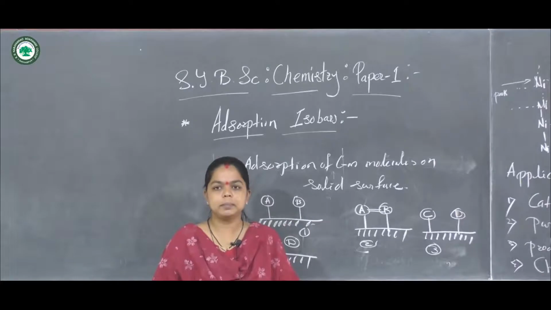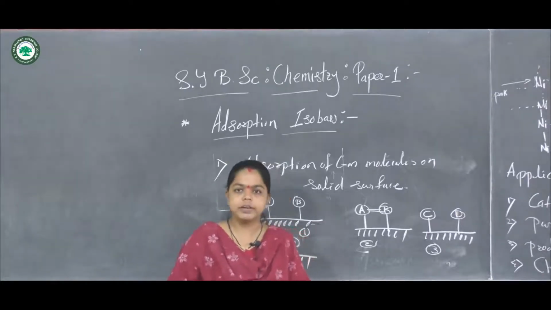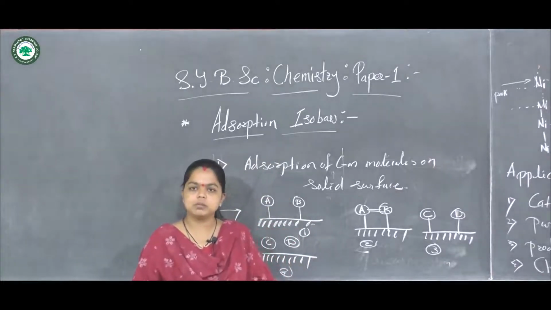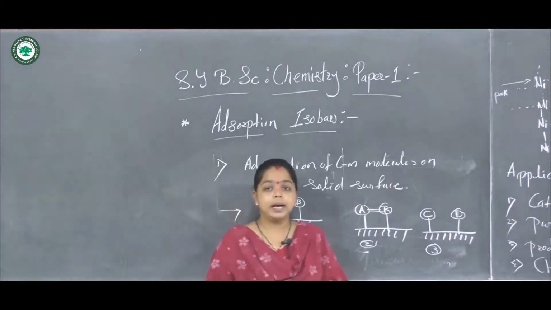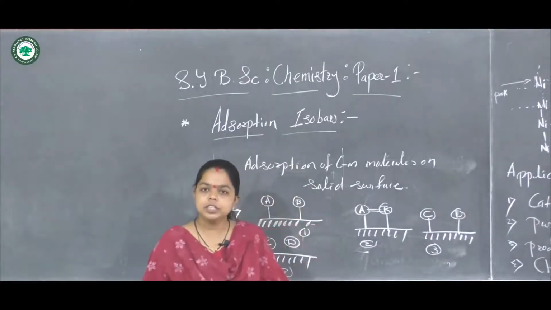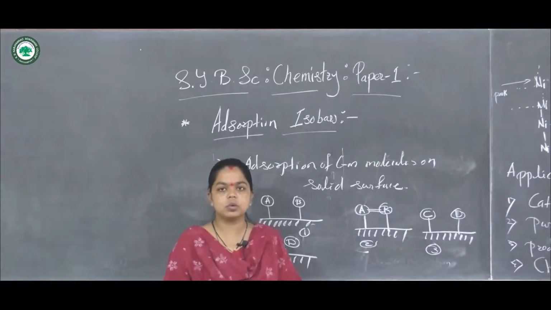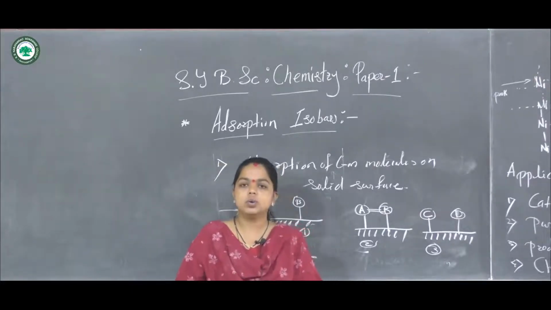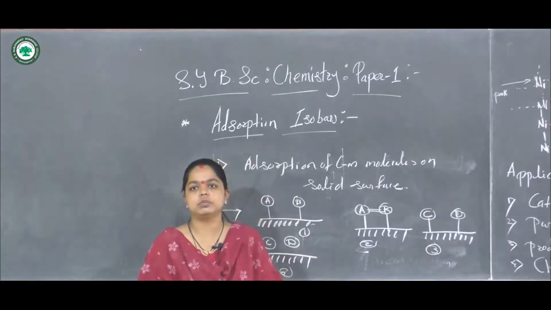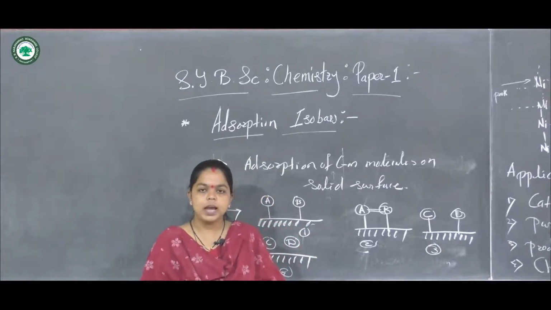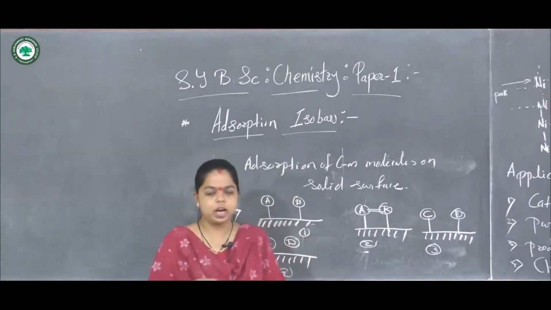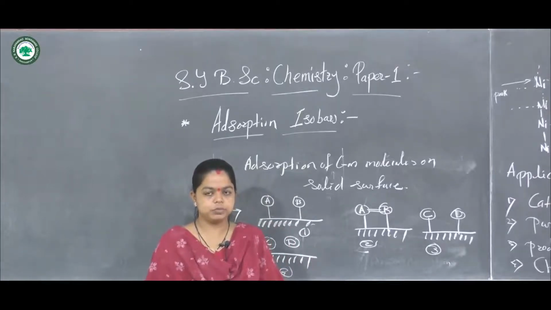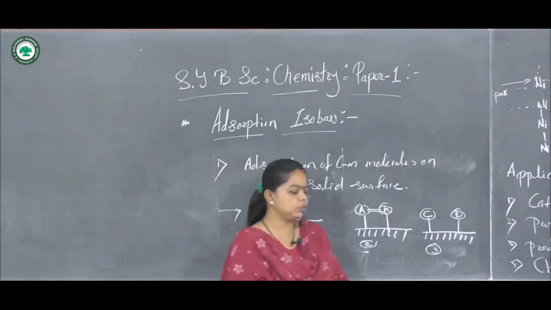For example, sodium, calcium, magnesium, sulfate ions, these different types of ions which are present in the water in the soluble form, they can be removed by treatment with activated charcoal or animal charcoal. So in this case we are using a closely packed column of charcoal, over which the water which is to be purified is allowed to pass through, and then the soluble impurities will get adsorbed on this charcoal, so they can be easily removed. So this is a very important method for the purification of the water.